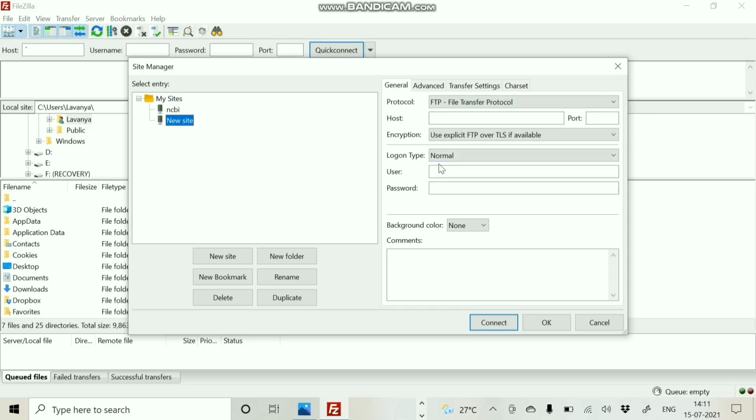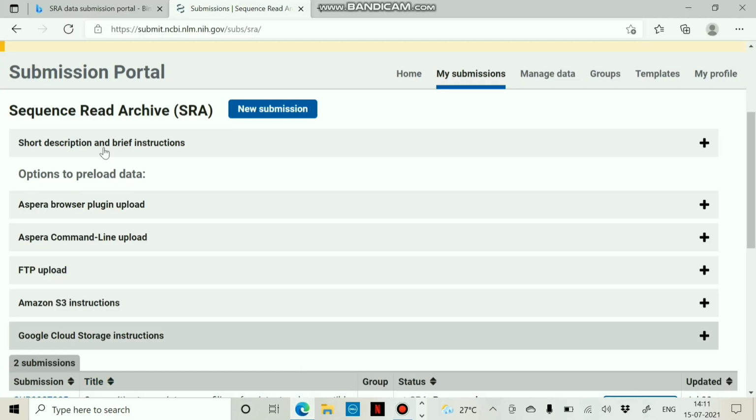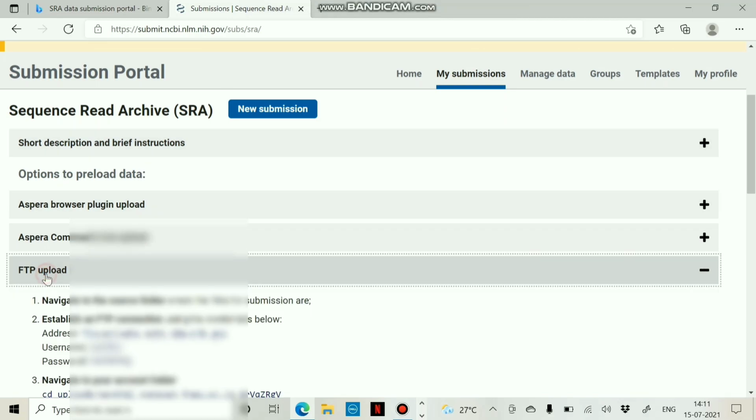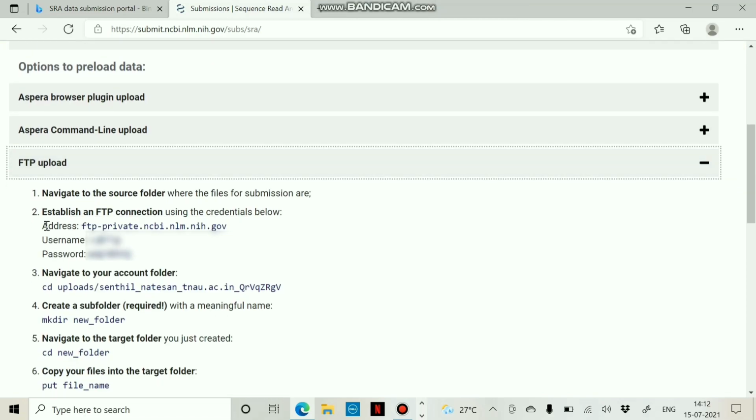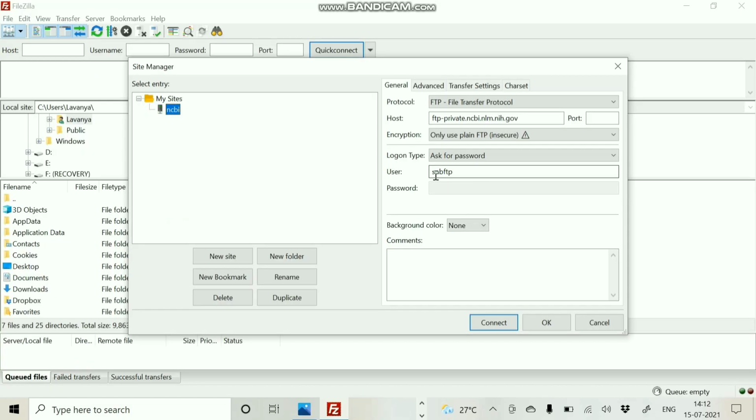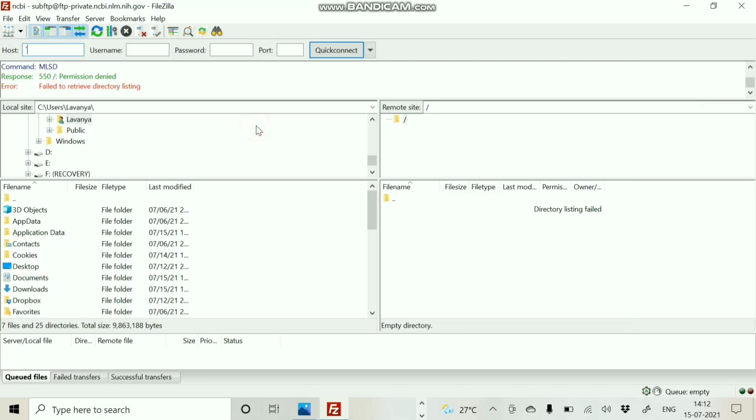So the required information is given on the SRA portal page, My Submission. So in this page, click on the FTP upload. This is the information of the host address, username and password. Enter the respective information and click connect.